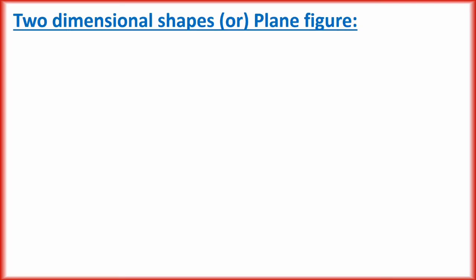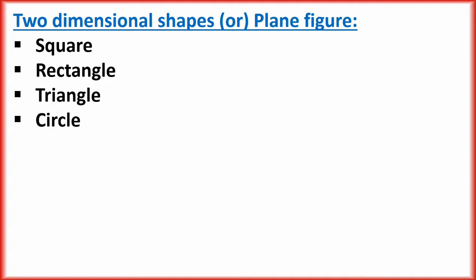We are very familiar with the 2D and 3D shapes which we studied in earlier classes. See here, two-dimensional shapes: square, rectangle, triangle, circle. 2D shapes have two dimensions, length and breadth. These figures are also referred to as plane shapes or plane figures since these figures lie on a flat surface. 2D shapes have areas but not volume. 2D shapes are drawn using the x-axis and y-axis.